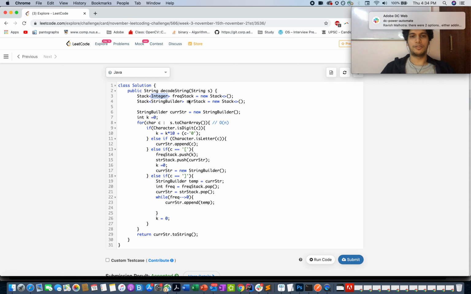Similarly, for the str stack, it could be up to order of n again. So in terms of space complexity and time complexity, both are order of n.